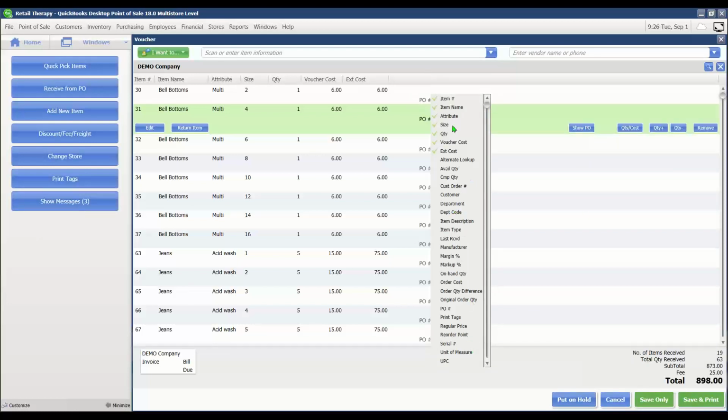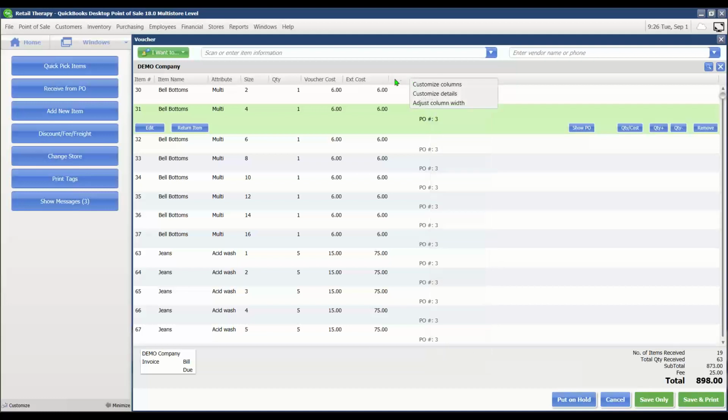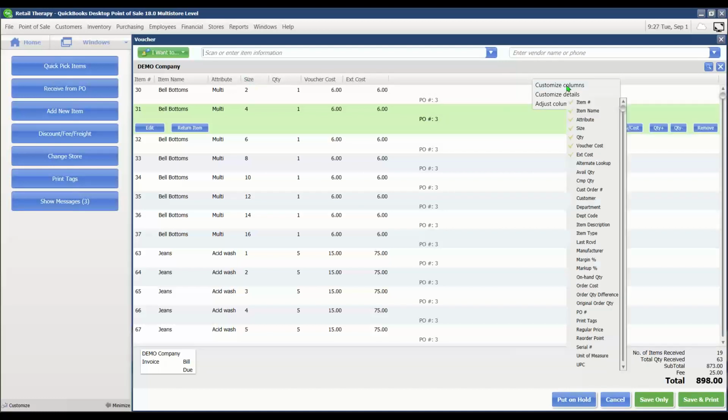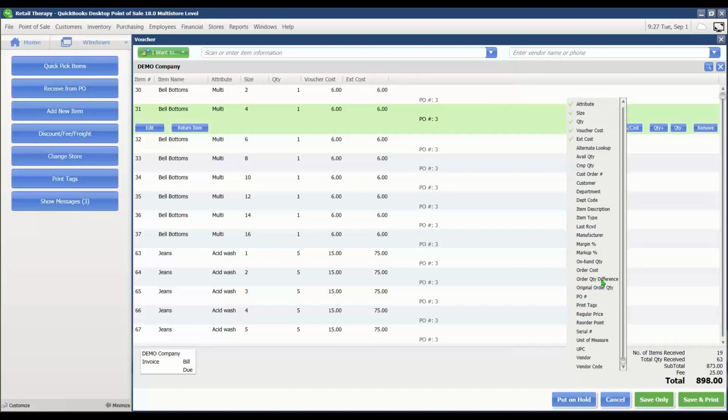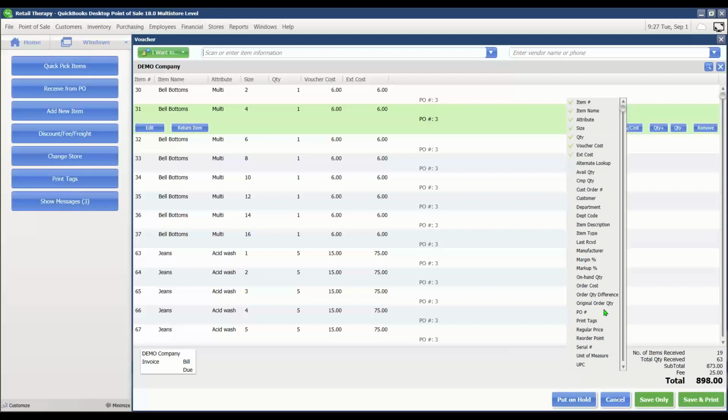Actually, let's go ahead and add a few things. I did that a little quickly for those of you that might not have caught it. I just right-click on the column header, and we can go ahead and customize columns. When we open this up, we can see some additional information that we have. So let's also go ahead and get